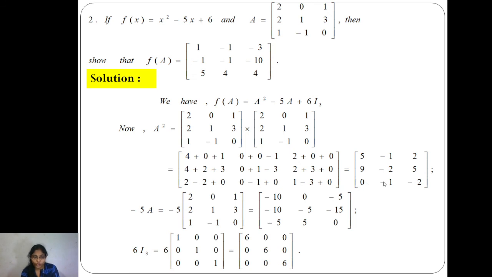ওকে, এবার দেখো minus 5 this is the scalar, A is the matrix, so minus 5 into A, আর আমরা জানি স্কেলার একটা ম্যাট্রিক্সের প্রত্যেকটা এলিমেন্টের সাথে প্রোডাক্ট করে, তো minus 5টাকে আমরা গুণ করেছি। দেখো minus 10 0 minus 5 minus 10 minus 5 minus 5 10 minus 5 plus 5 0, আমি প্রত্যেকটা এলিমেন্টের সাথে minus 5টাকে মাল্টিপ্লাই করেছি। ওকে, নেক্সট 6 I3 means identity matrix of order 3, so 6 I3 equals to 6 into 1 0 0 0 1 0 0 0 1, so 6 স্কেলার, তো প্রত্যেকটার সাথে গুণ হবে, so 6 0 0 0 6 0 0 0 6।